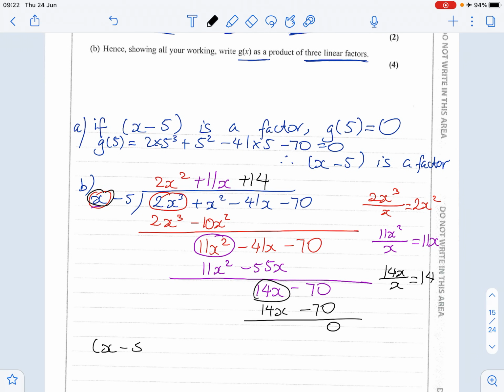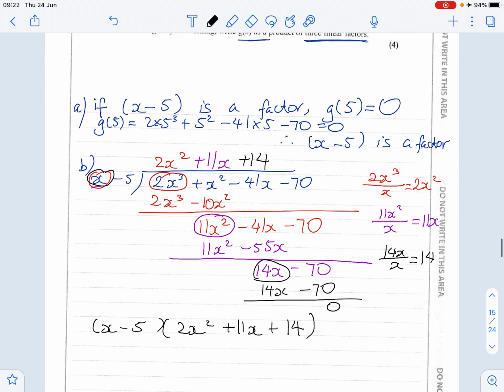So we know that x minus 5 multiplied by 2x squared plus 11x plus 14 is equal to 2x cubed plus x squared minus 41x minus 70. Then we want to factorize this into 3 brackets. So this factorized comes to 2x plus 7, x plus